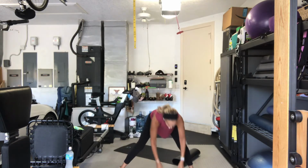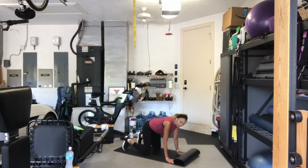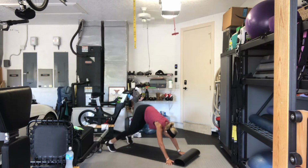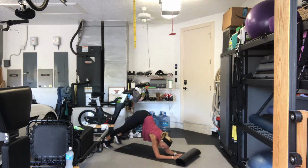Then you're on the floor, kneeling, tabletop, into your hovering tabletop. 8 shoulder taps. 7, 6, 5, 4, 3, 2, 1. Hips up. Get to your forearms. Plank. 8, 7,